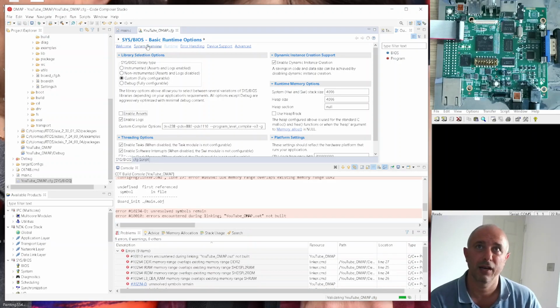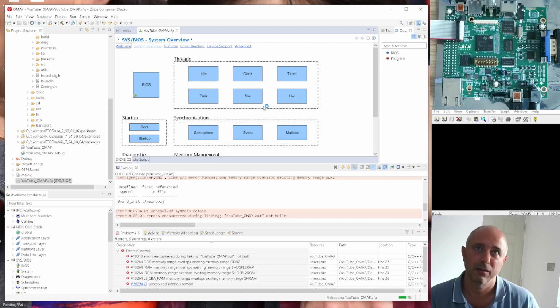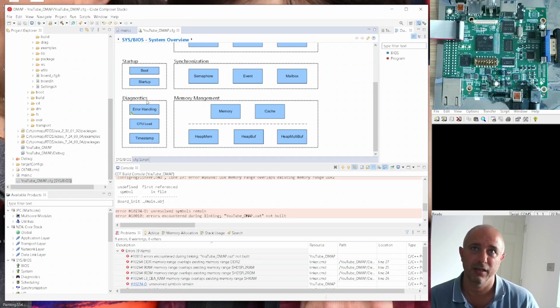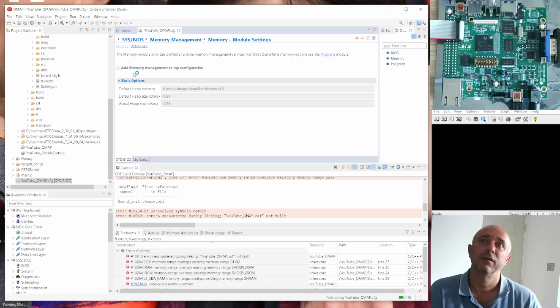And now I'm going to system overview. And here's the part where pretty much this is where your main screen is going to be to access a high level. So now I have the BIOS ticked, as you can see here, that green little thing down there, but none of the other stuff are ticked apart from enable error handling. So that's now there. And notice BIOS has been added, program is already there, but we need to add stuff like memory. So memory will add, yeah, and going back into the SysBios,